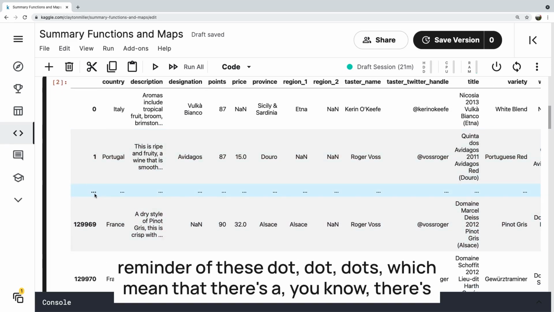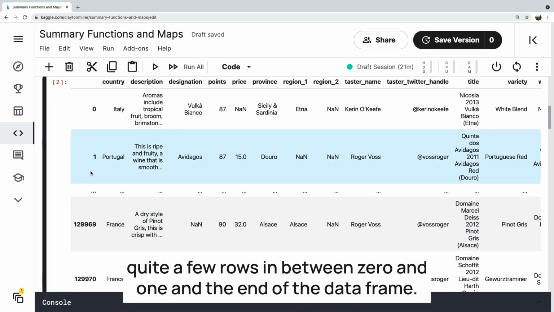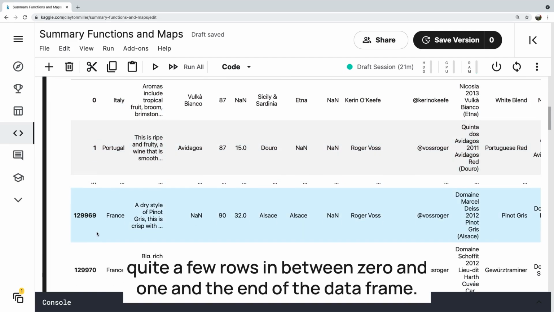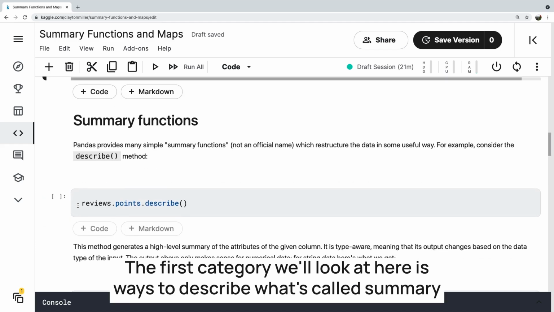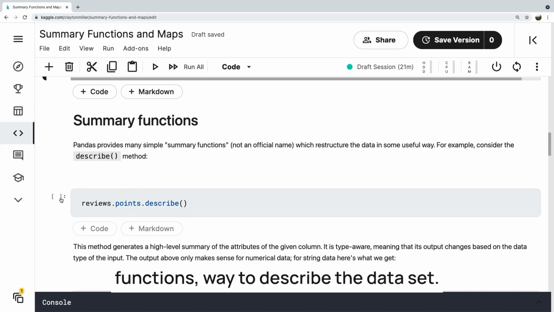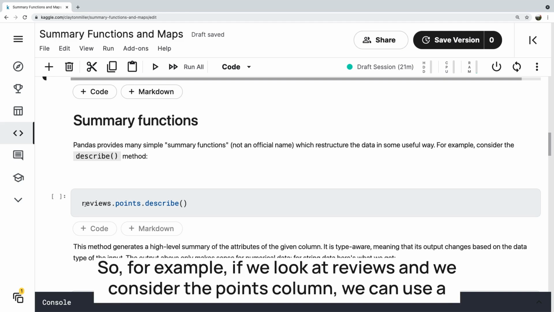Just a reminder, these dots just mean that there's quite a few rows in between 0 and 1 and the end of the data frame. The first category we'll look at here is what's called summary functions, ways to describe the data set. So for example, if we look at reviews and we consider the points column, we can use a function called .describe,